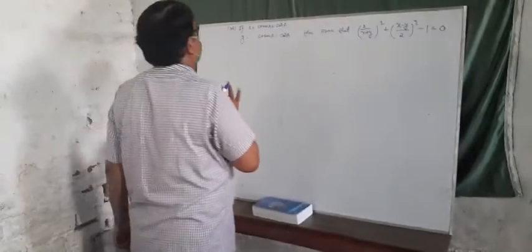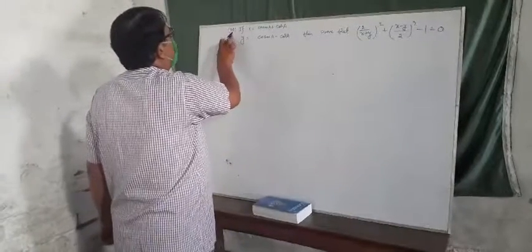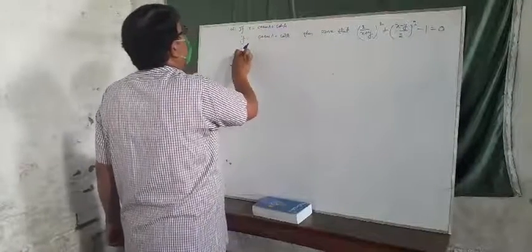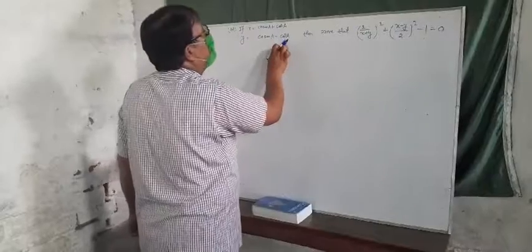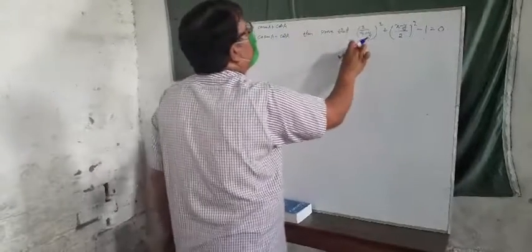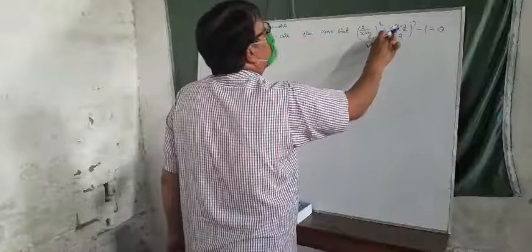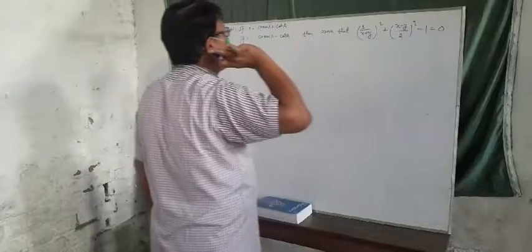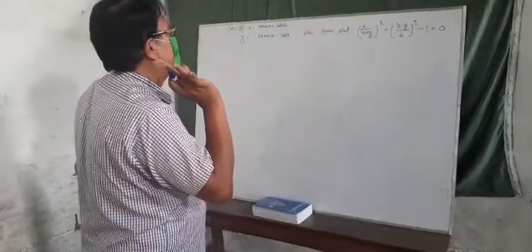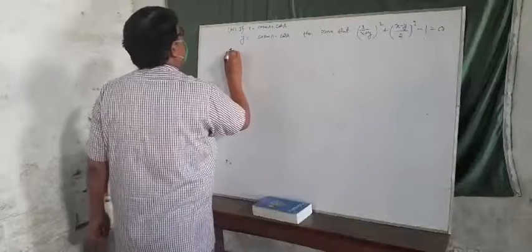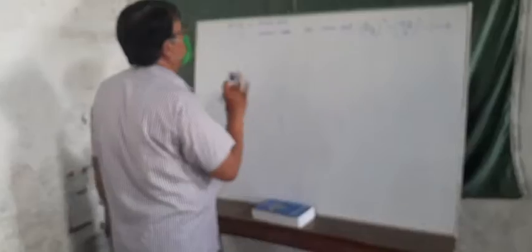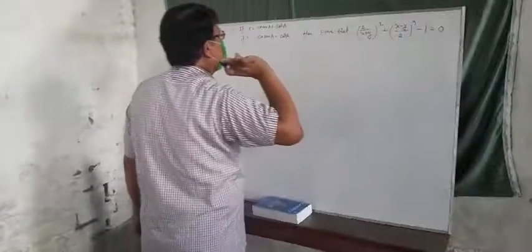Now we are taking problem number 34. Here x is given as cosec A plus cos A, and y is given as cosec A minus cos A. Then we have to prove 2 upon x plus y whole square plus x minus y upon 2 whole square minus 1 is equal to 0. This is the problem. Now the solution: at first we will find the value of x plus y and x minus y.